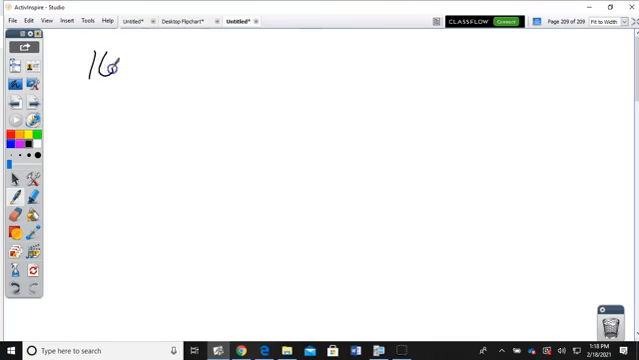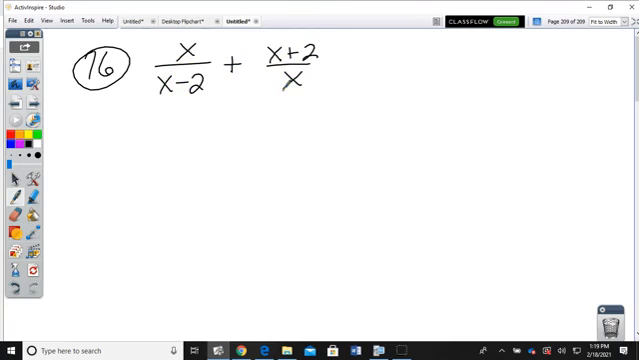So 16, it says solve x over x minus 2 plus x plus 2 over x is greater than 2. All right, this is the little lengthy one because we're going to have intervals. You're going to make a little number line here just to show you the intervals. The intervals are your solutions as well as your,